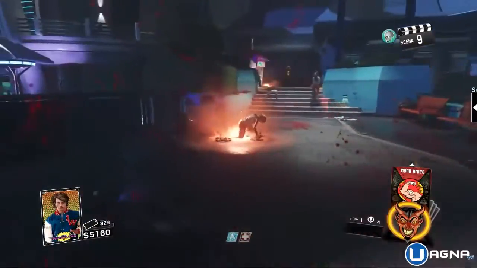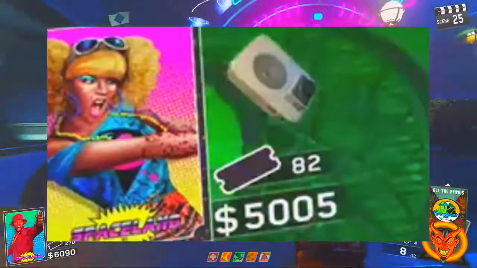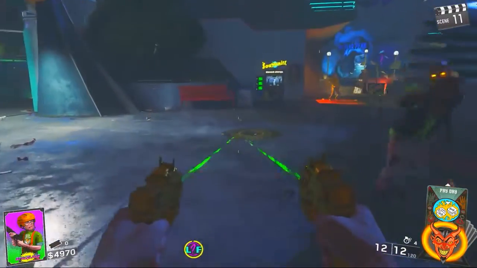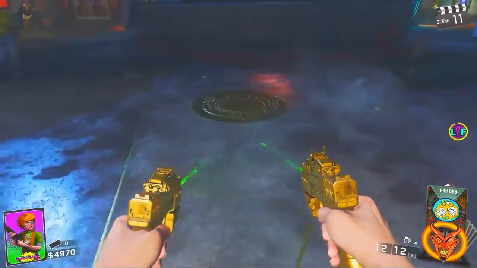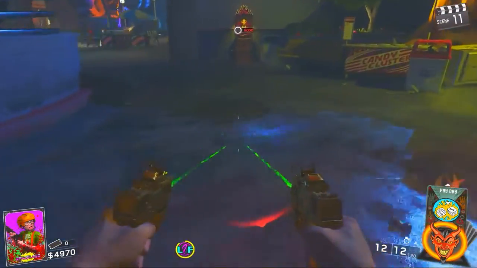After you have finished protecting it, you will notice that Hoff will give you a boom box. And then after that, you are ready for the boss fight. After you teleport through the Pack-a-Punch teleporter, you will notice that there are going to be these little circles on the ground. And what you will basically need to do is put that boombox that Hoff gave you onto